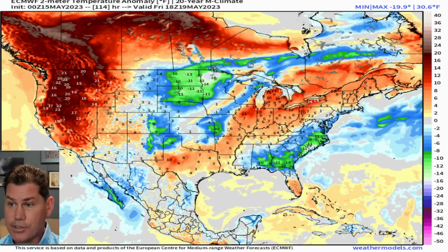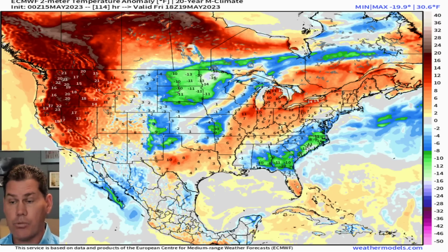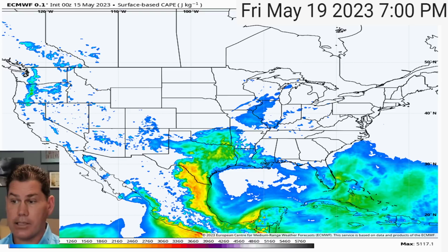So here's the front as we go into Friday. Some of those overall temperature anomalies, again, what stands out like a sore thumb is those well above average temperatures up here in Washington and Oregon and Northern California. There's plenty of heat for them, but typically right before a cold front you always get your hottest temperatures, and that's exactly what's going to happen with some compressional heating further south, awaiting for this cold front. So right along this boundary here, that's where the unsettled conditions and that's where the instability is going to